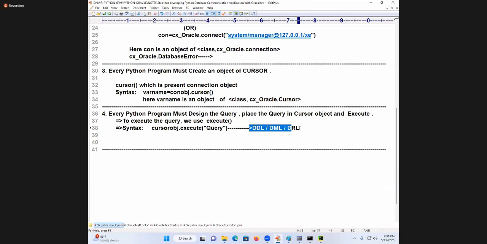So this is the knowledge of what? Oracle. SQL must be there. Cursor object dot execute of query: DDL, DML and DRL. What is DDL, DML, DRL? I will introduce them today. Since you don't have the knowledge, along with my Python class, I'll give some additional help about this. So what is the function name I am using? Execute. I need to pass the query. How many types of queries are there? Three types. In yesterday's class, I said to you,